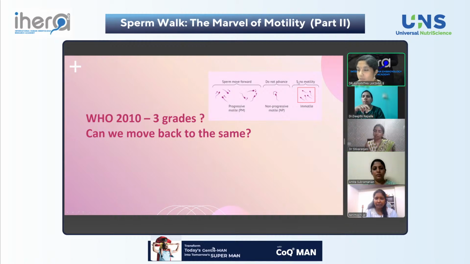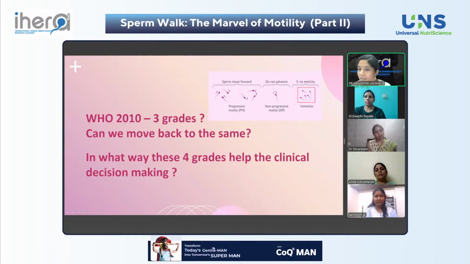Progressive, non-progressive, and immotile. Sorry? Can we move back to the grading of motility as 3 categories? Because in 2010, we had only 3 categories. So, in what way do these 4 categories help clinical decision making? So basically, if we have 4 categories for the motility, in the cases of IUI and IVF, wherever the motility